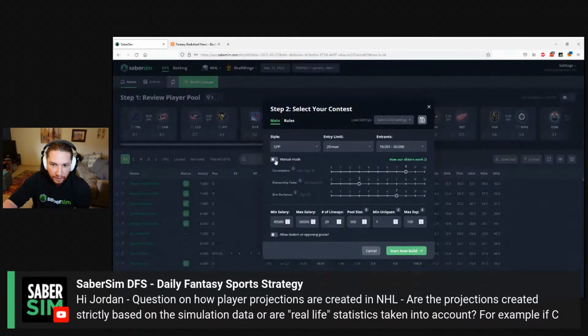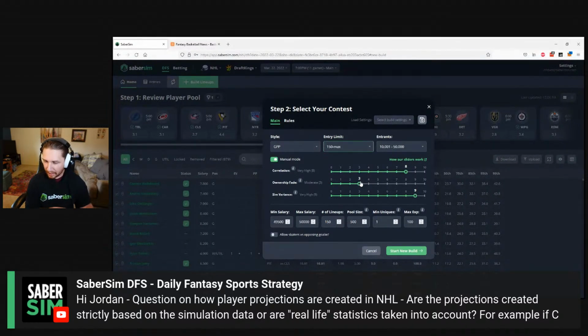At sim variance 0, in every single lineup, you are going to use the average projection. You're going to use the entire data set of simulations. But at every other sim variance setting, we are going to randomly bucket the simulations for Crosby's game, and for a given lineup, build the best possible lineup for that individual set of simulations. So that 14.78 average projection virtually never gets used unless by pure luck you pull a set of simulations where his projection in that set of sims is exactly his average, which is a pretty unlikely outcome